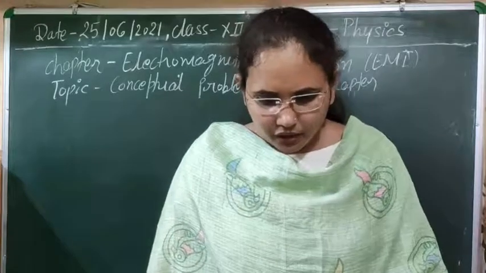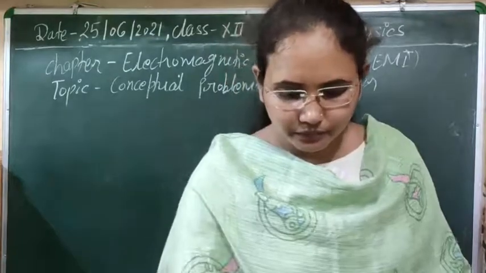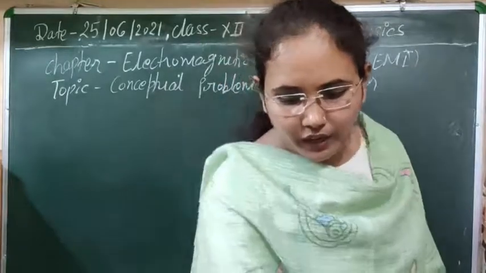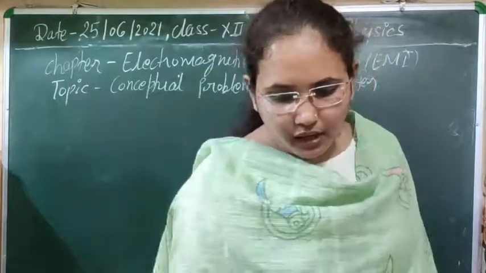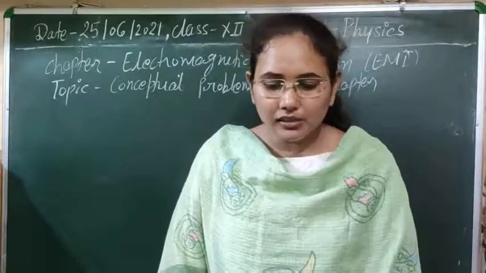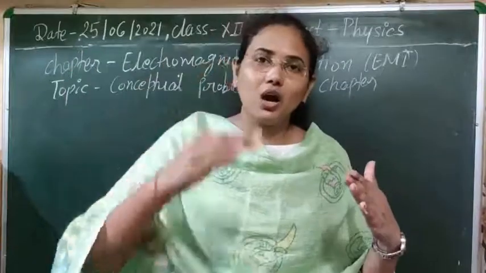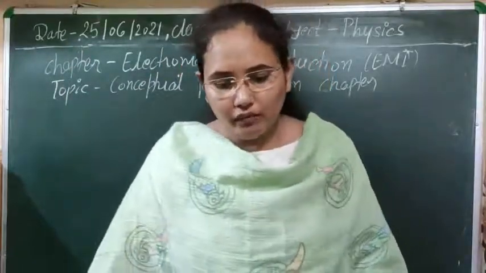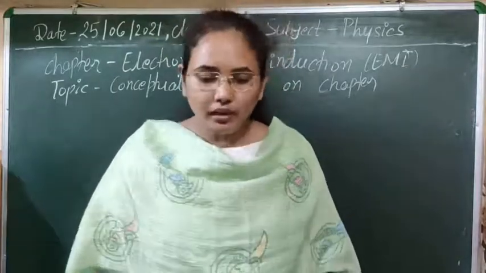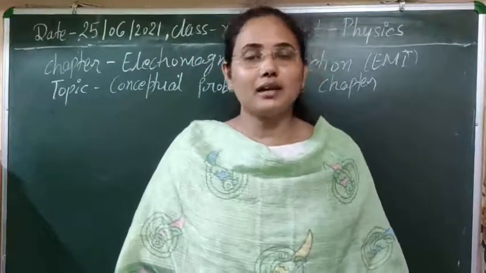an iron bar falling through the hollow region of a thick cylindrical shell made of copper experiences a retarding force. What can you conclude here about the nature of the iron bar? So here it is given that we have an iron bar falling through the hollow region of a thick cylindrical shell. We have to conclude about the nature of the iron bar. It is saying that it is experiencing a retarding force.